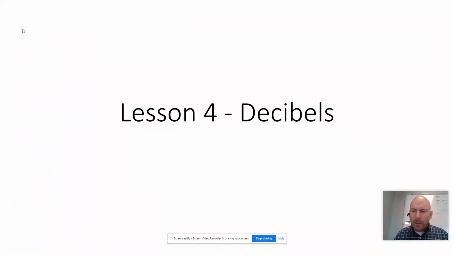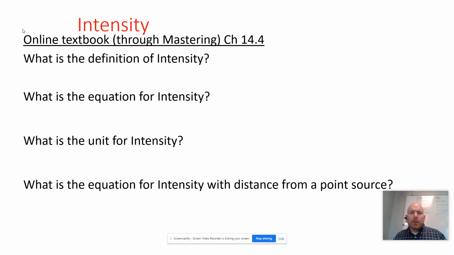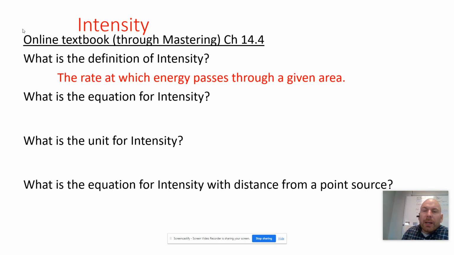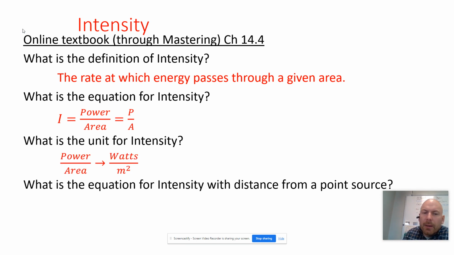So, looking at decibels. The definition of intensity is the rate at which energy passes through a given area. The equation for that would be power, which is the rate at which energy is transferred, over area, P over A. Power is in watts and area is in meters squared. The equation for intensity from a point source is